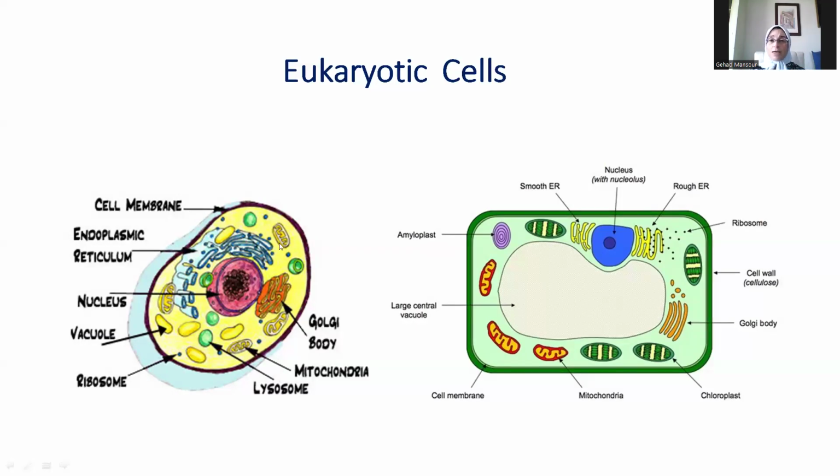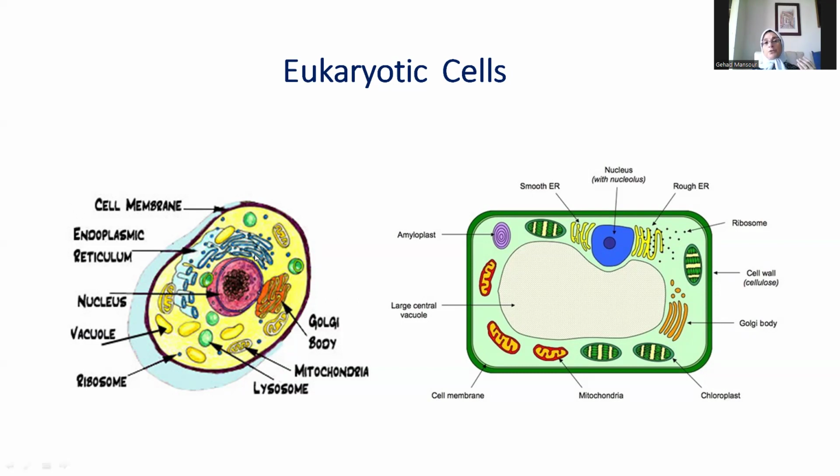And they have more or less all types of organelles. So they do not only have ribosomes, but they also have membrane-bound organelles, just like Golgi apparatus, mitochondria, endoplasmic reticulum, vacuoles, lysosomes, and so on. But by the way, there is a difference between a eukaryotic cell and a eukaryotic organism. A eukaryotic organism is an organism made up of eukaryotic cells. It might be unicellular or multicellular, but prokaryotic organisms are always unicellular.